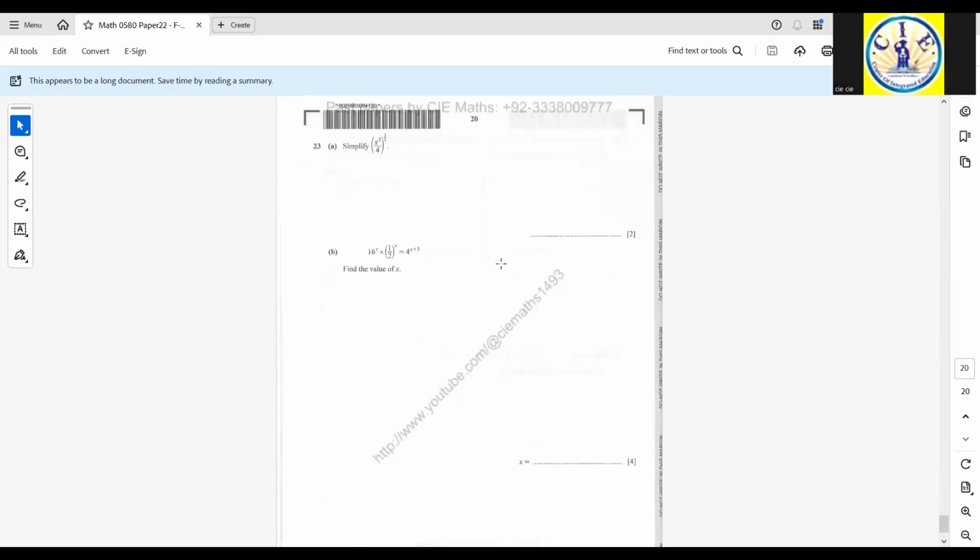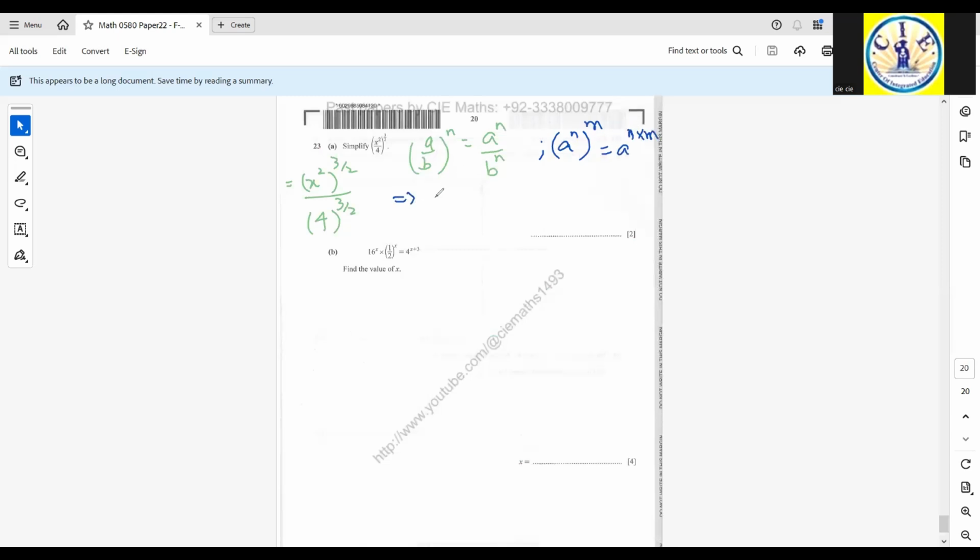Okay, now for question number 23, I need to simplify it. Here I'm going to apply an identity, a divided by b, this is a rule for indices, whole raised to the power n, the power gets separated on both the numerator as well as the denominator. So x square raised to the power 3 by 2 divided by 4 raised to the power 3 by 2. So now there is another rule